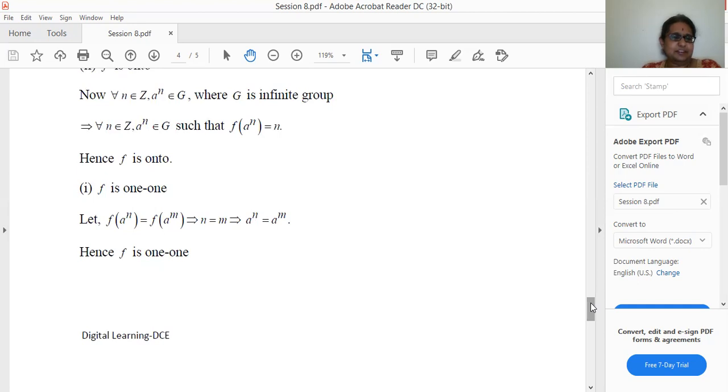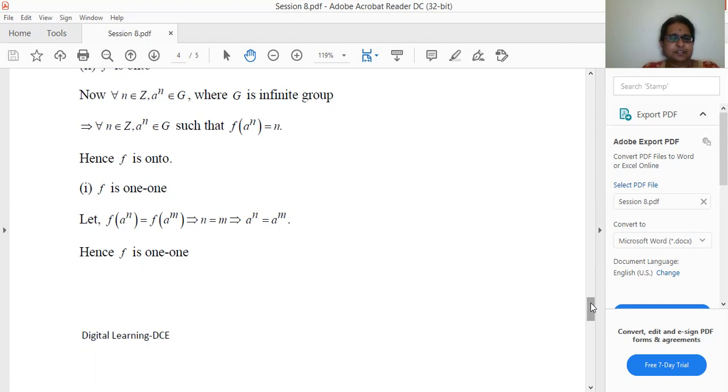And if you take two elements, f of a is equal to f of b, and it implies a is equal to b, then it is 1 to 1. For onto, we take that if an element exists in the codomain, and there exists a pre-image in the domain such that the given relation is satisfied, then f is onto. So if f is a homomorphism, 1 to 1 and onto, then it is an isomorphism. And in one problem we have used the abelian group.